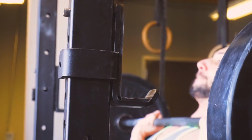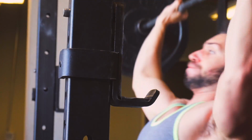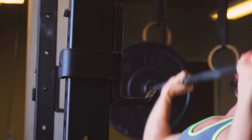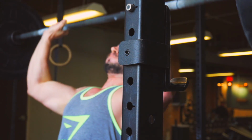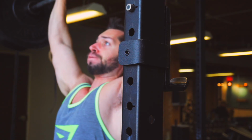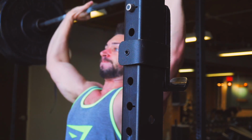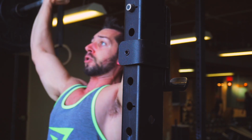Build big, juicy shoulders. Build delt juice. Juicy delt shoulder activation. Awesome juicy delts. Build bigger shoulders. Build bigger delts. Sick delts, bro. I'm gonna use those as keywords. Those are gonna be my title. Big, juicy delt juice. Delts of the gods. Okay, I'm done. What you want to do